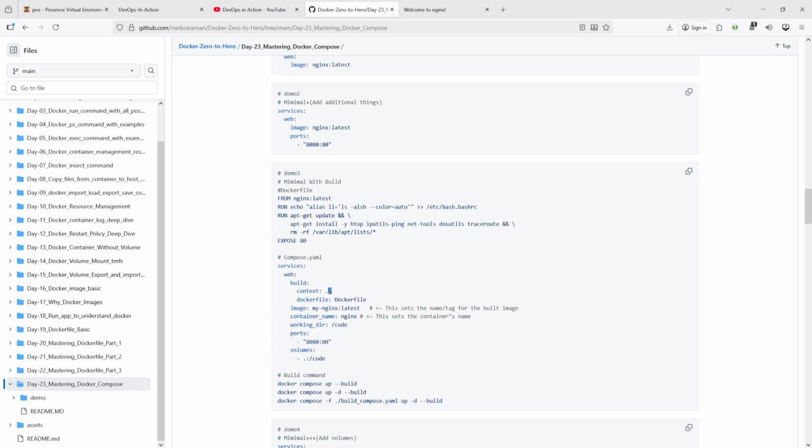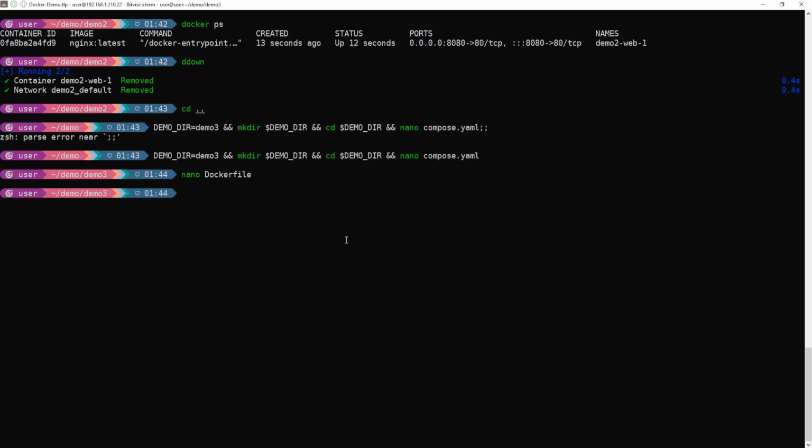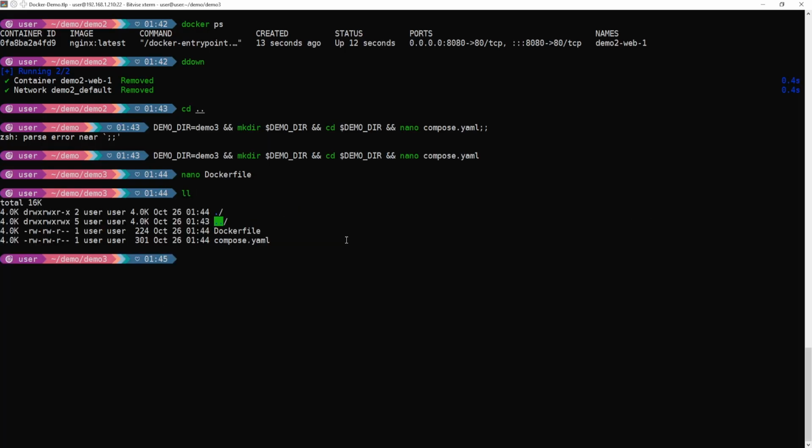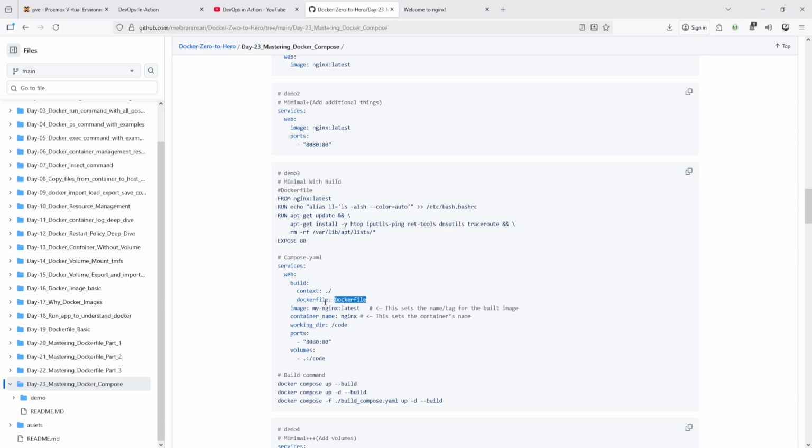And context is the current working directory. So in the current working directory there is one docker file. Let's see, it is available. Yes, docker file is available. I want to build with the